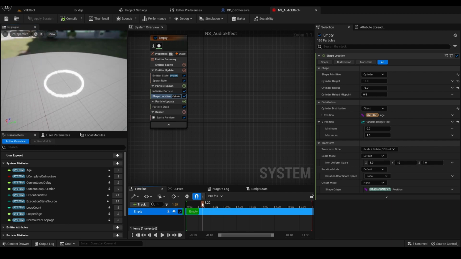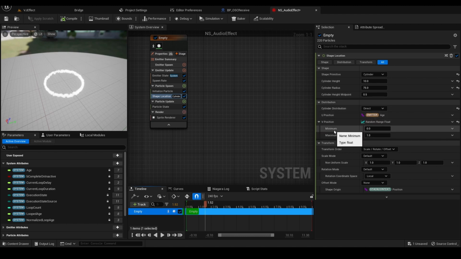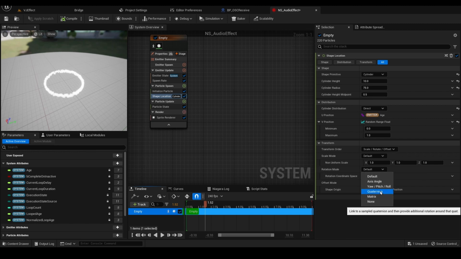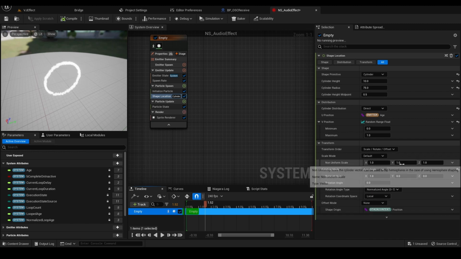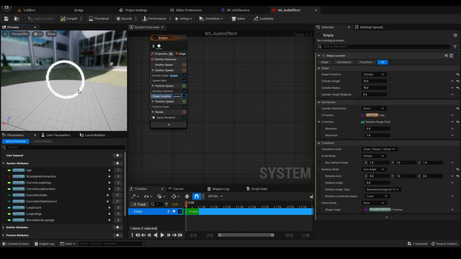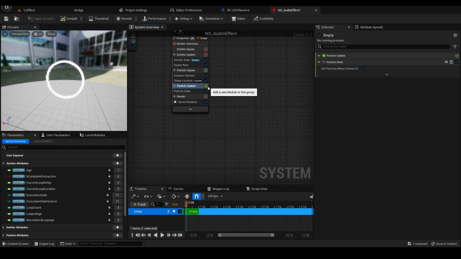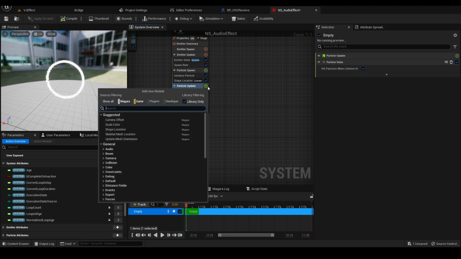like this. If you go to here, so if you like select the edge 0, 1, 3, 4, 5, 6, and I want to rotate the shape, and to do that I'm gonna select here the axis angle, and then rotation axis, Z and Y code. That's what I want. Okay, next go to the particle update, and I'm gonna add the scale sprite size